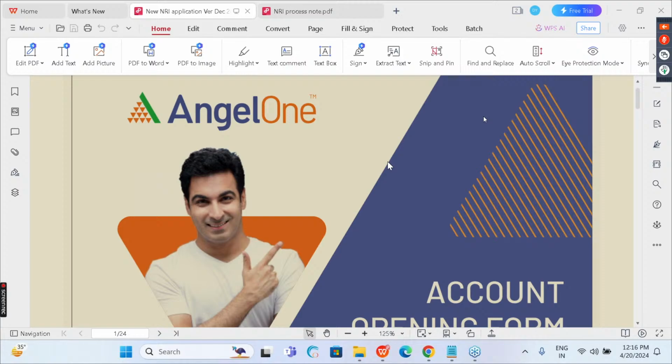So we will discuss the topic of NRI and non-individual account opening processes. We will understand how to process the NRI and corporate accounts. We will start with the NRI first of all: how to open an NRI account. We will understand what the types of NRI accounts are, how many types there are, how to fill up the account opening forms, and what documents we have to collect